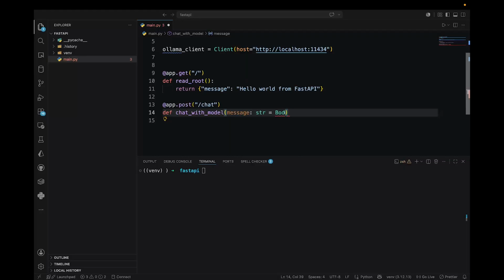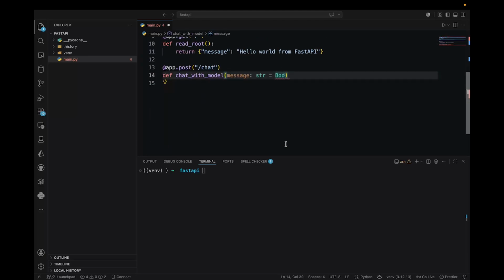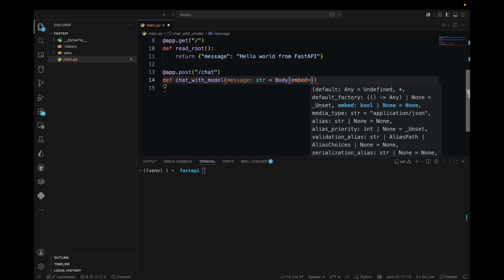We want the user to send the prompt, and our server will pass it to the local model. First we need to import Body from FastAPI to read the request data. Okay, and here let's also import Body, and here we need Body, and also that should be embed=True,